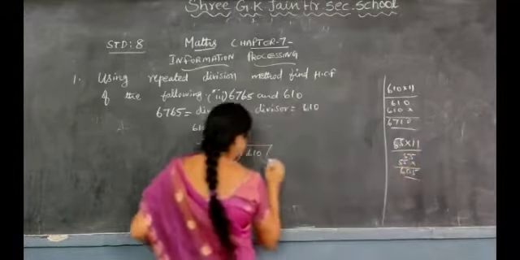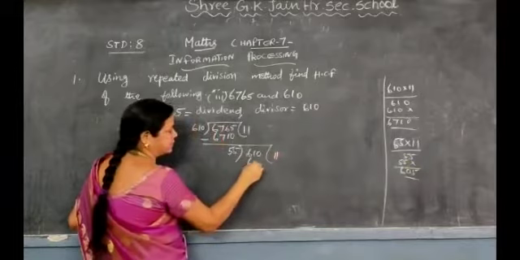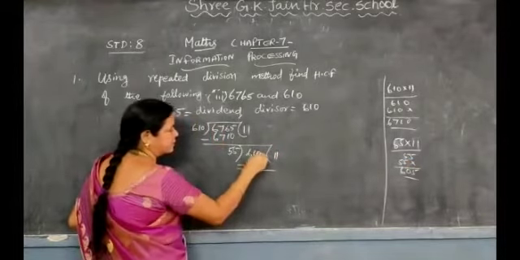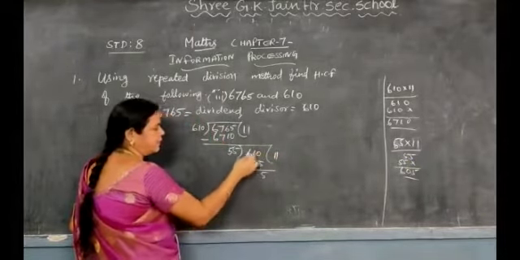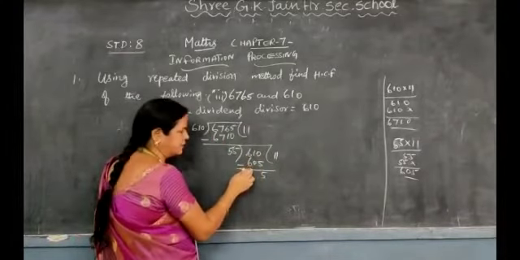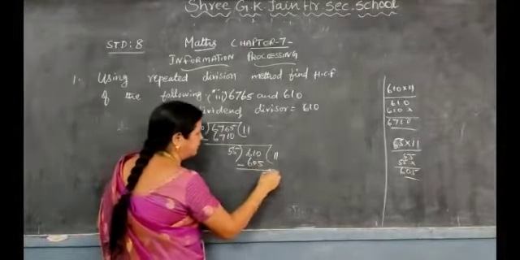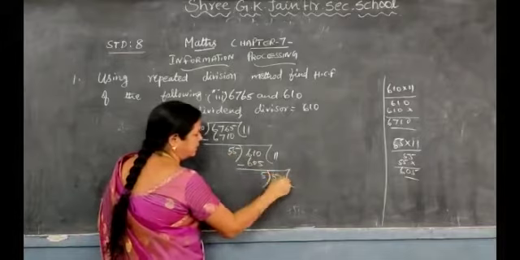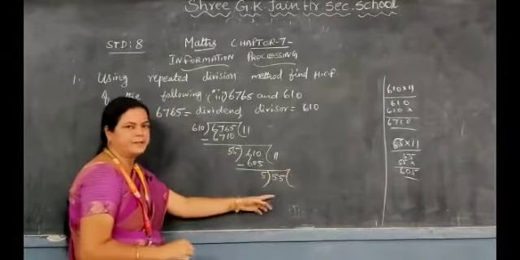So 605. So how many times? 11 times. 605. Now minus this also. 10 minus 5, you will get 5. Here 0 is there. So 6 minus 6, 0. Then you will get again, the divisor will become the dividend, isn't it?